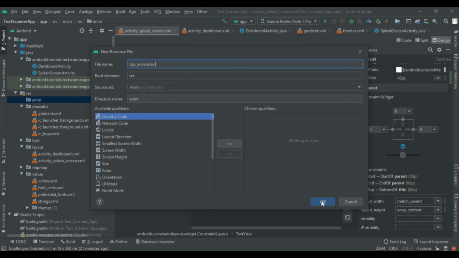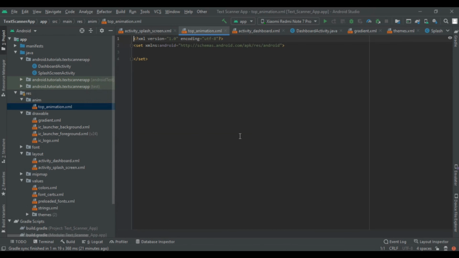So press OK, then write some code here, or we can say our animation. So translate from top, from X delta it is 0%, and from Y delta it is minus 50%.